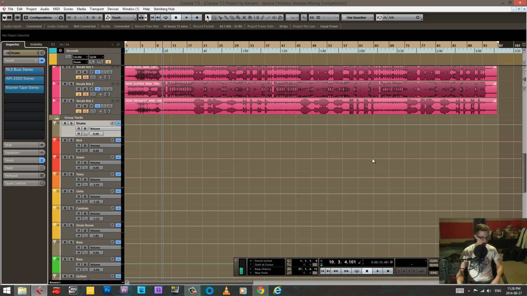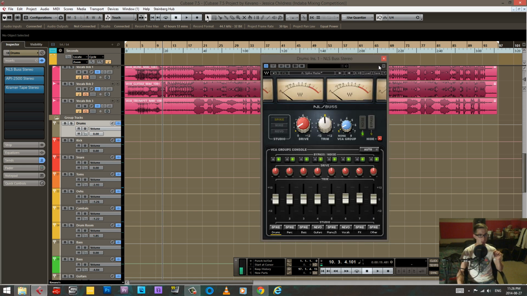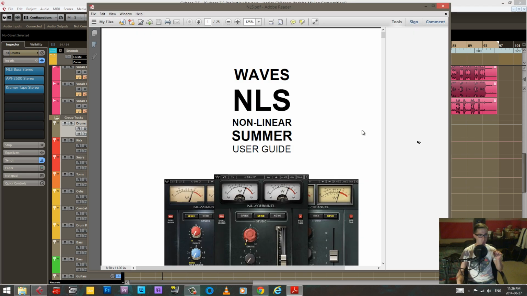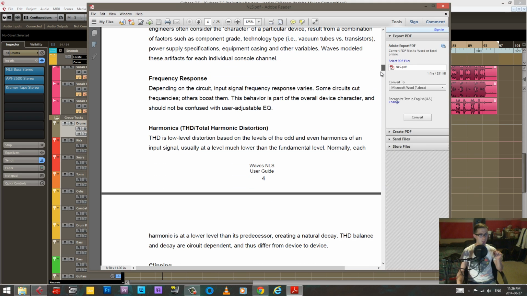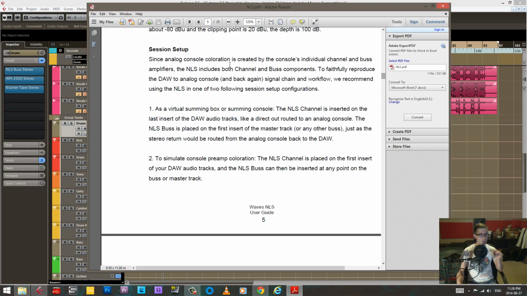So next I'll kind of describe what Waves was saying, and actually I'll pull up the manual because they explain it really well in the manual. It's this little section right here. So session setup here. There's 2 different ways to use the plugin, and I'll leave this open so you can read it as well if you wanted to read it instead of hear me say it. So analog consoles, I'll kind of sort of skim and read here. They do a certain thing